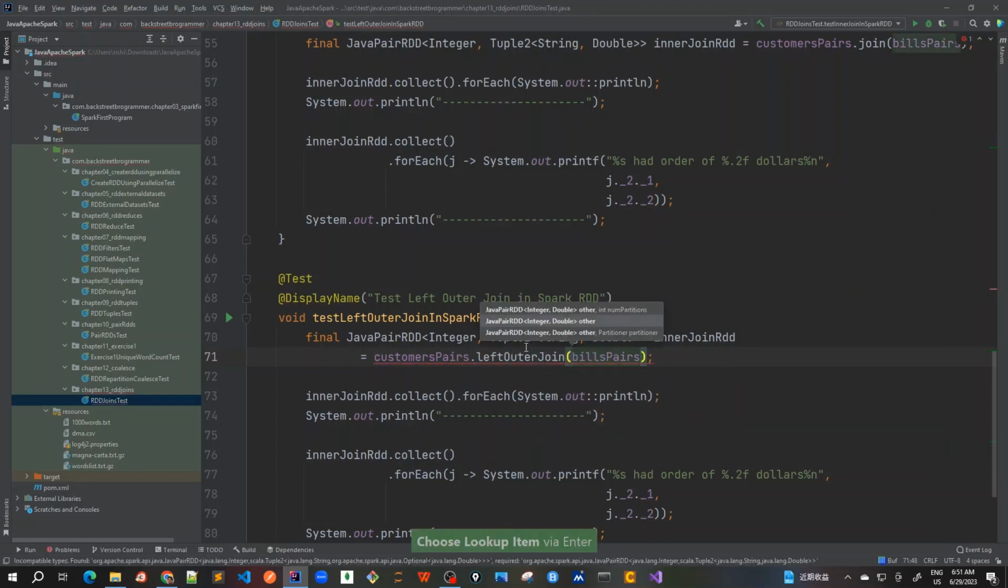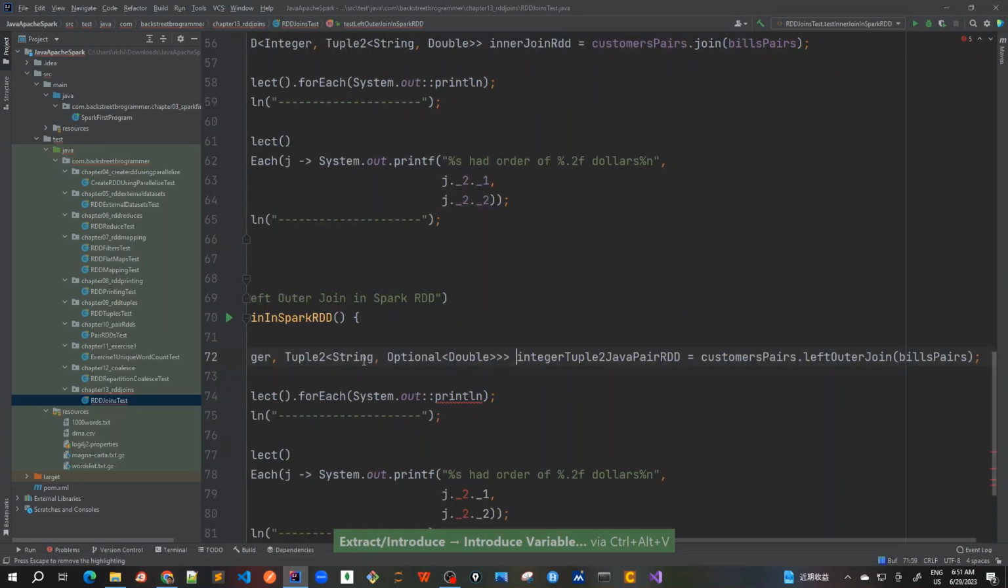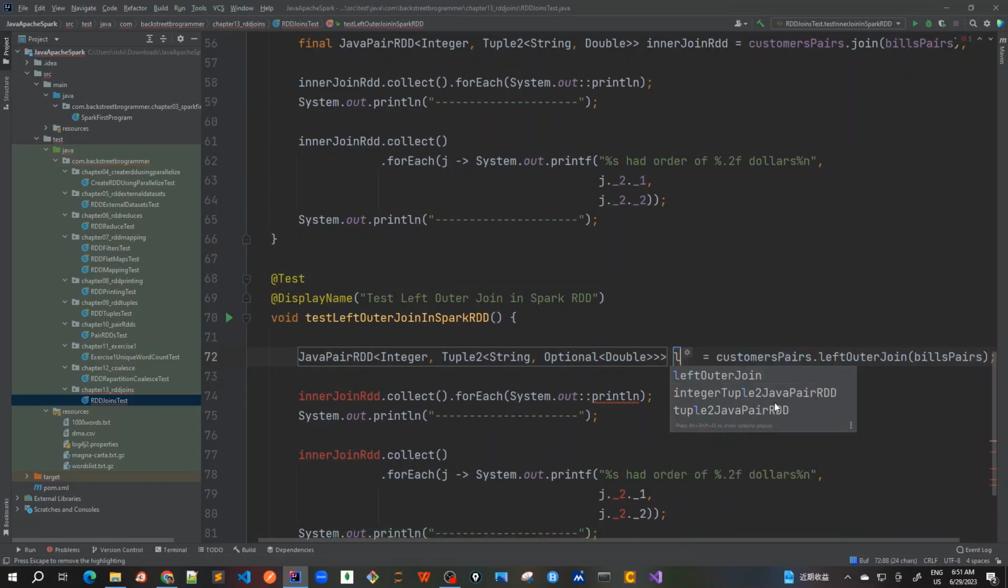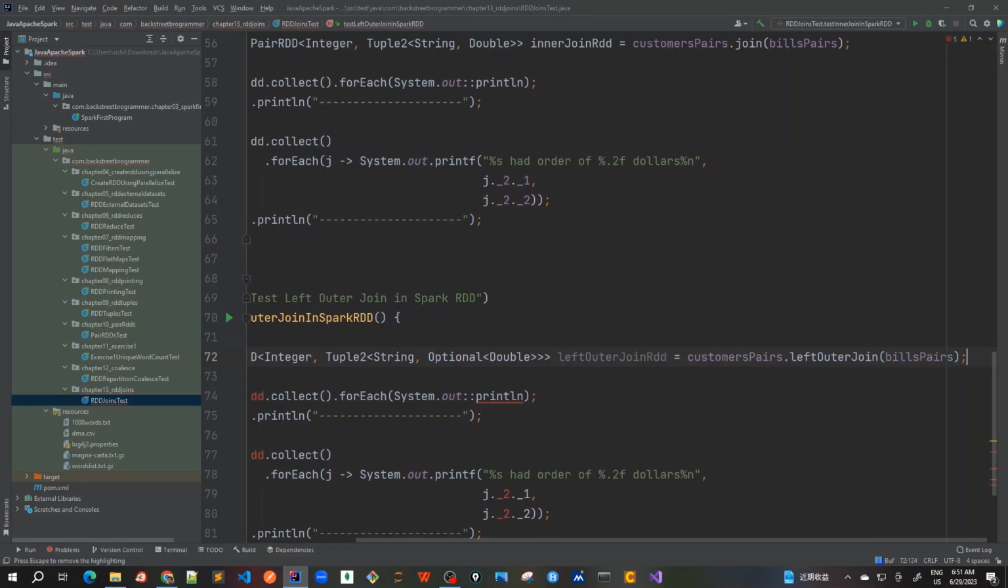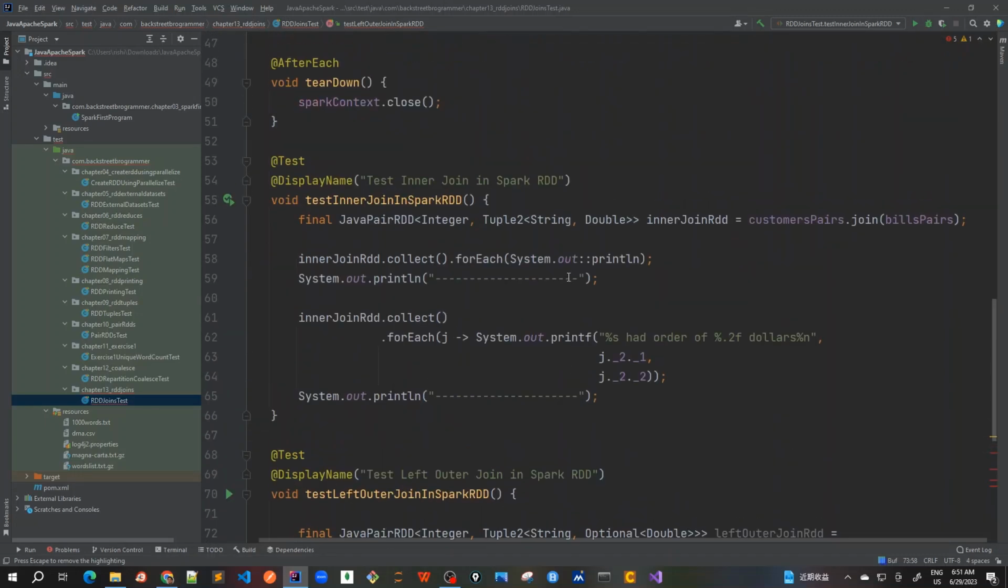And I will change the name of this. Okay, so this would be changed, right? So I will use this. Sorry guys, bear with me. Control Alt V, and here I will create, say, left outer join RDD. Mark it as final. Now you see that it's very much similar to the inner join where